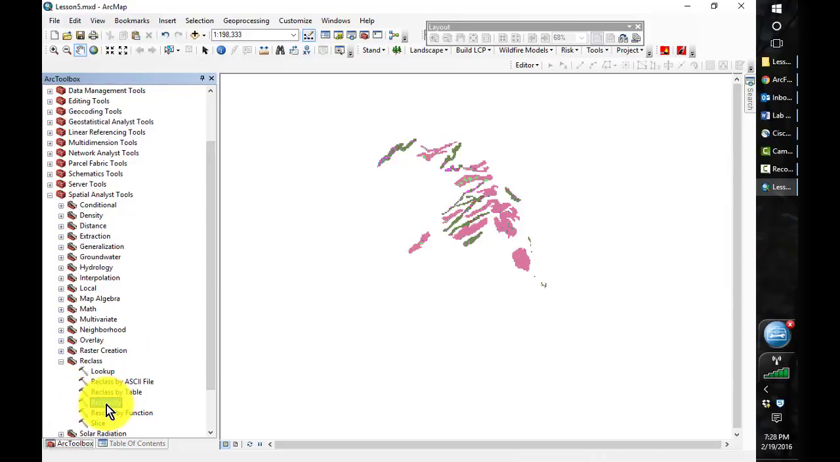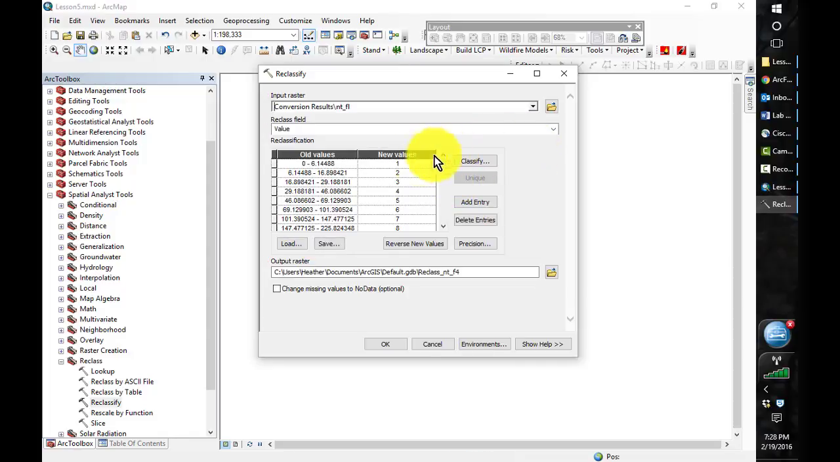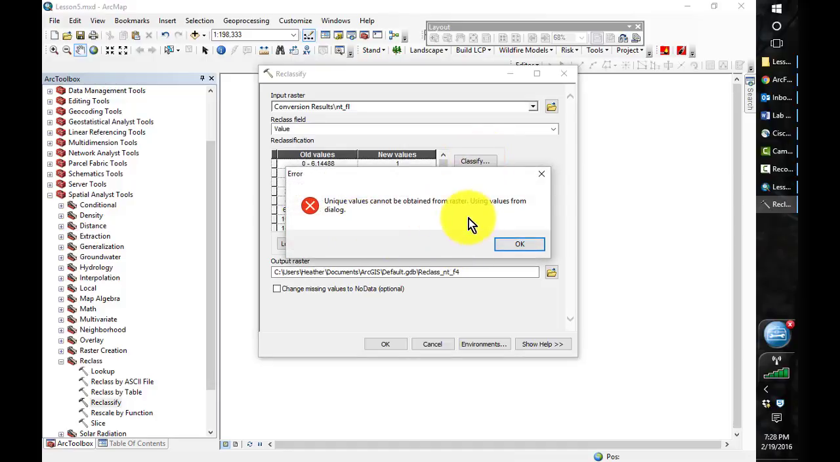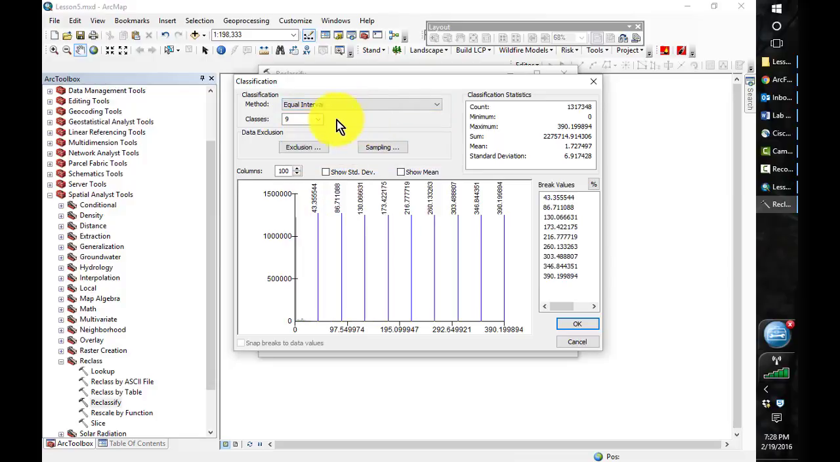So I'm going to go again to reclassify, and I'm going to select my no treatment flame length. There are a couple of error messages that pop up when you're doing this, but I haven't found them to interfere with the values that we get. So, unique values cannot be obtained from raster. Just click OK. We'll go through the same process here, equal interval